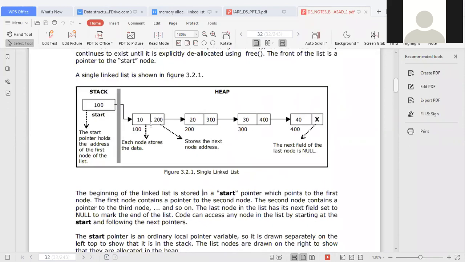So you can add elements, insertion and deletion. Insertion can happen as a first element, between two elements, or as a last element. In the same way, we can delete the first element, the element at any position, and the last element of the list. So this is the structure.